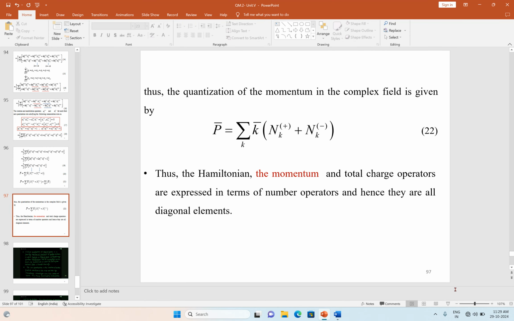So in this class we have quantized the momentum, and thereby we could obtain the eigenvalue of the